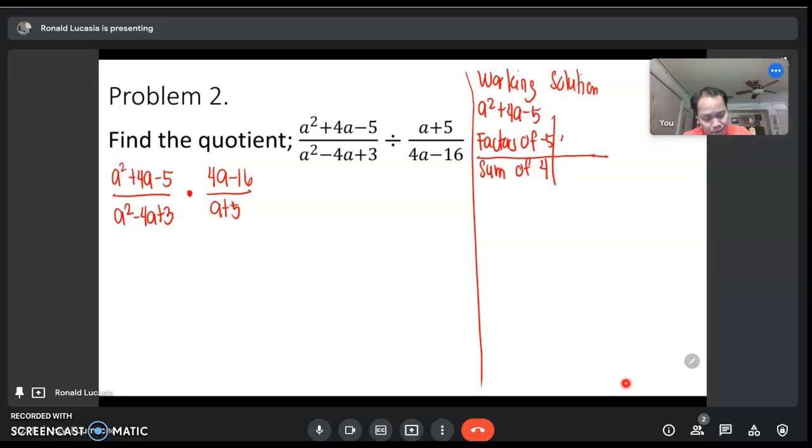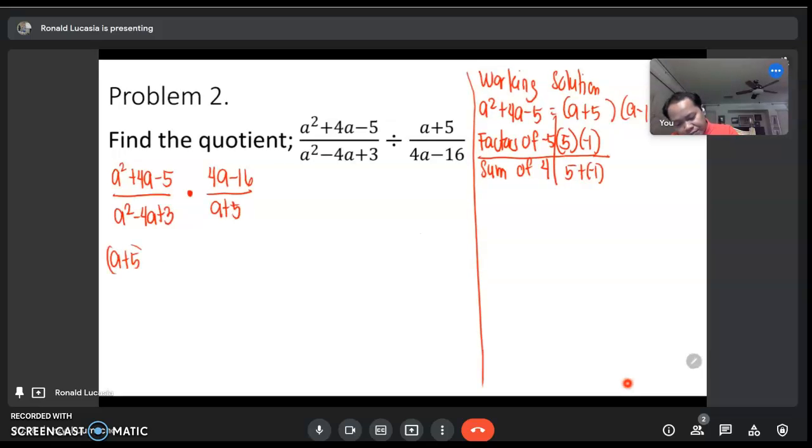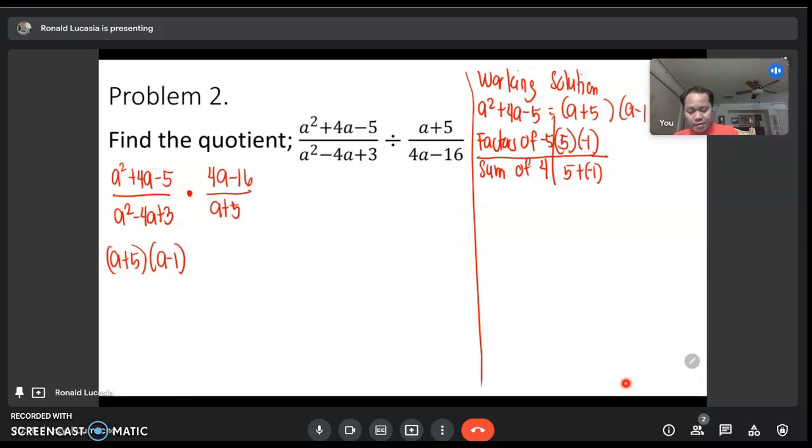That is positive 5 times negative 1. So this is 5 plus negative 1, that's 4. Which means the factors of this are a plus 5, a minus 1. So this is a plus 5, a minus 1 over,